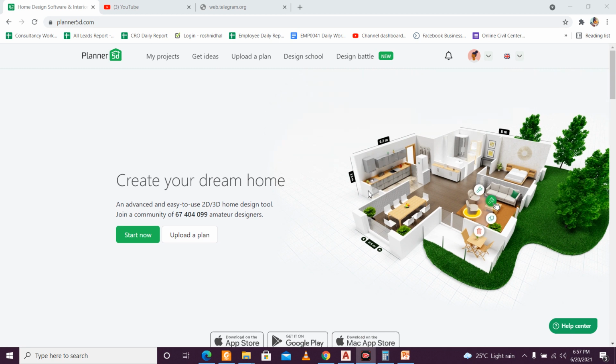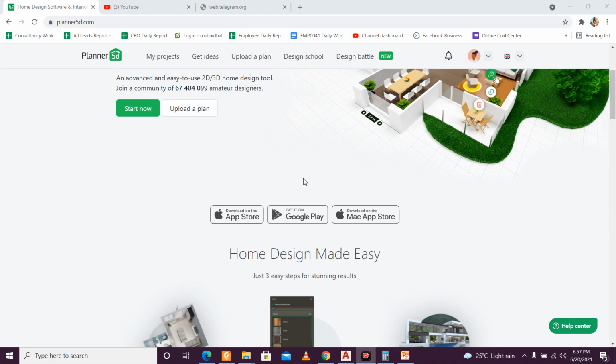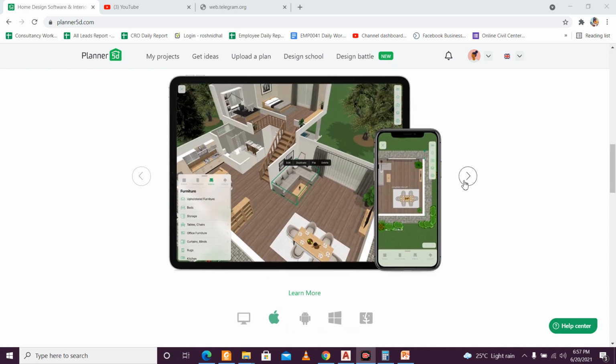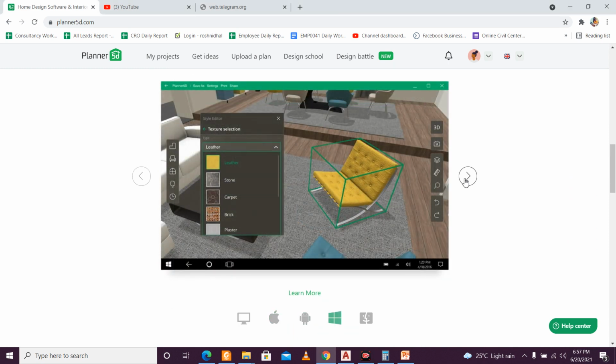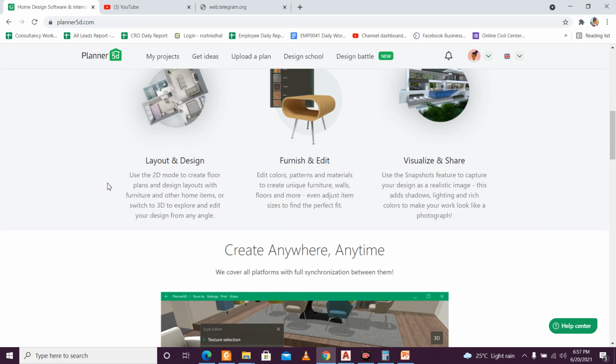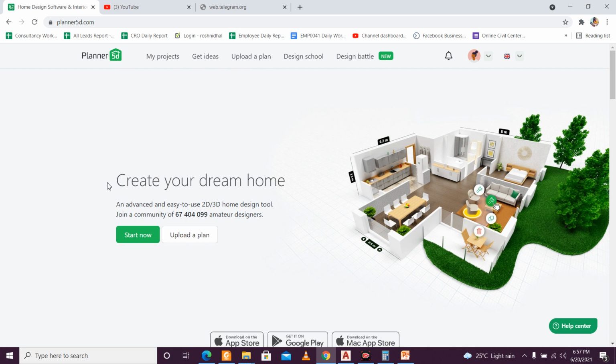So friends, in today's video we're going to check the Planner 5D free software for the drafting and also the 3D view which is available, and we're also going to check if we can really create some realistic models and as per the realistic dimensions in this software, because this may help a lot of civil engineers to make their plans and visualize them, those who don't have a particular software, and also can help them to present to their clients like easy made 3D models.